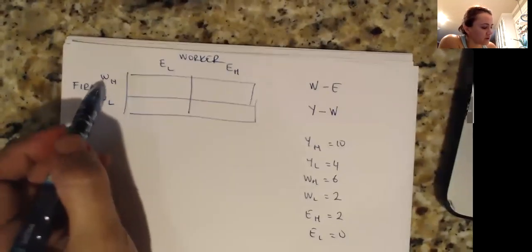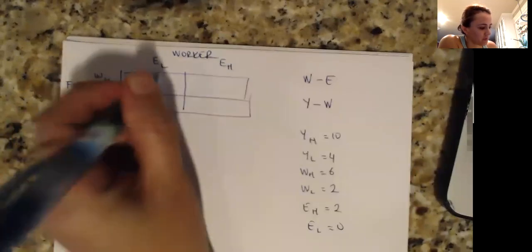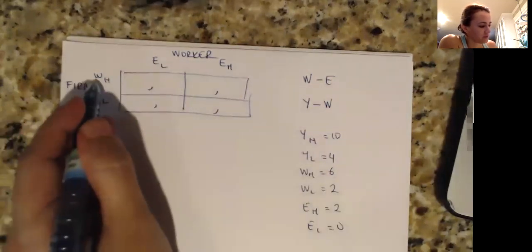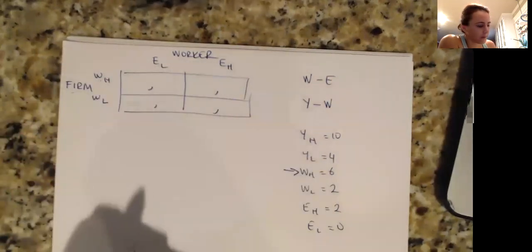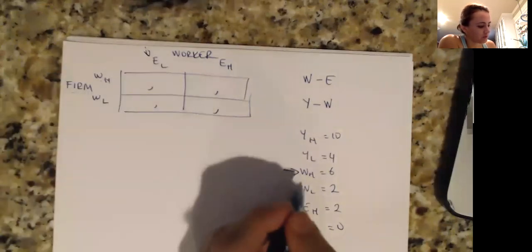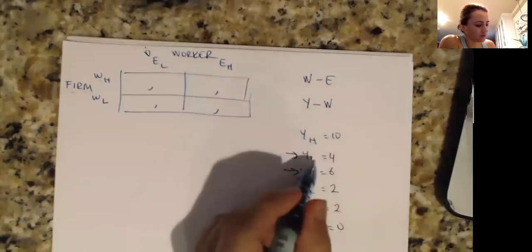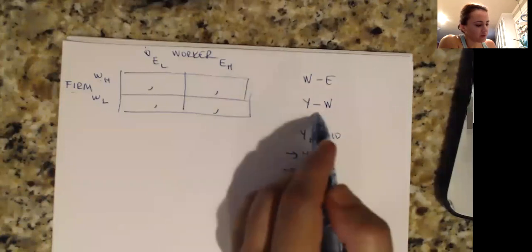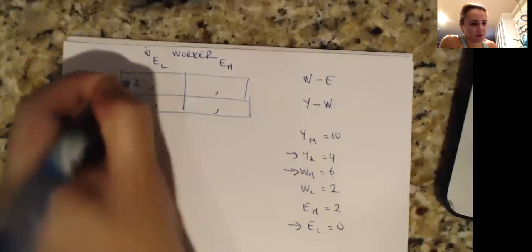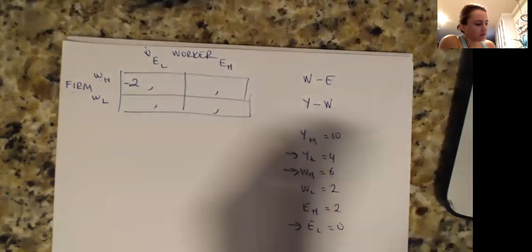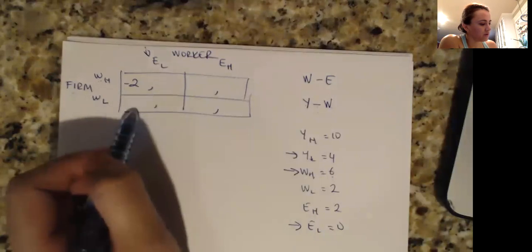So if the firm decides to give high wage, remember the first values will belong to the firm, okay? If the firm decides to give high wage and the worker decides to put low effort, then since the effort is low, the output is going to be low, 4, and the company is paying a wage of 6, so 4 minus 6, the company is getting a payoff of -2. Questions? Okay, here with WL, EL,